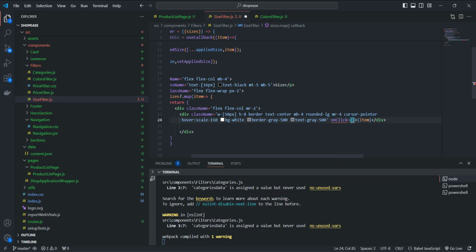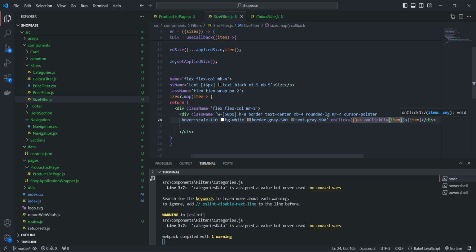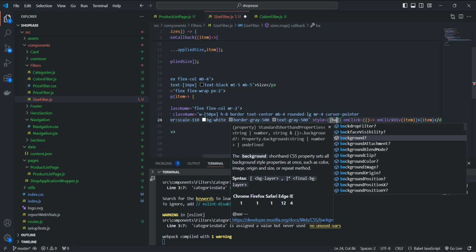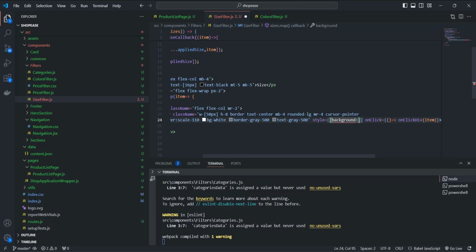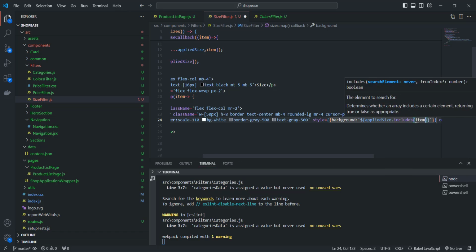On click, this event, and we pass the item. Let's add style here, if background, if the applied size dot includes item, then